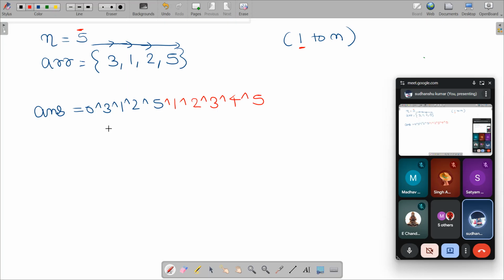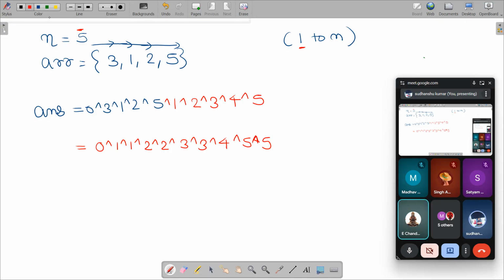How will I have my answer? Look at this sequence. I have told you that in jor, order does not matter. So can I write the same sequence like this: 1 jor 1, 2 jor 2, 3 jor 3, then we have 4, and then 5 jor 5? Can I write the same sequence like this or not? Yes, sir.